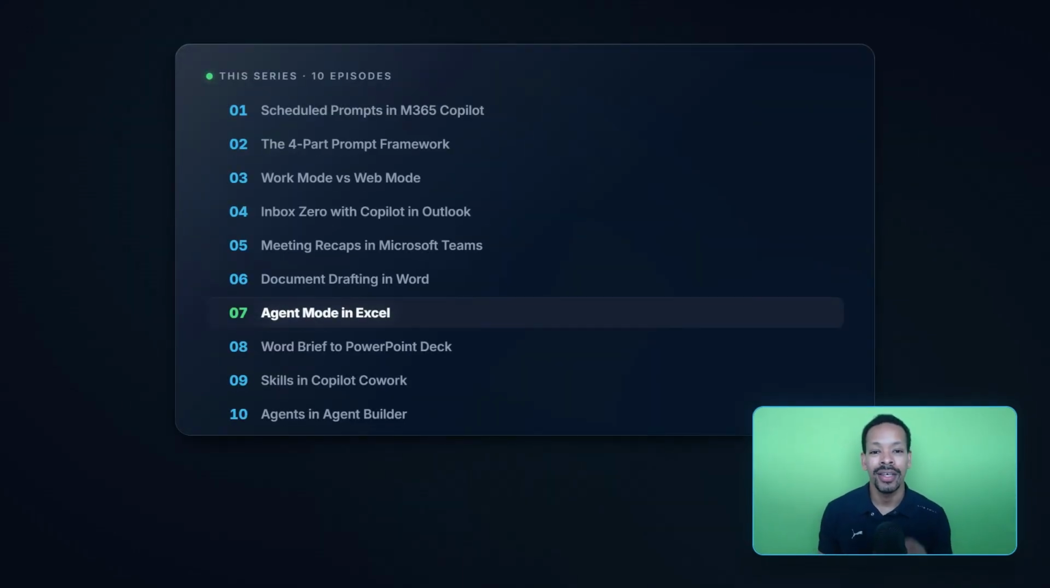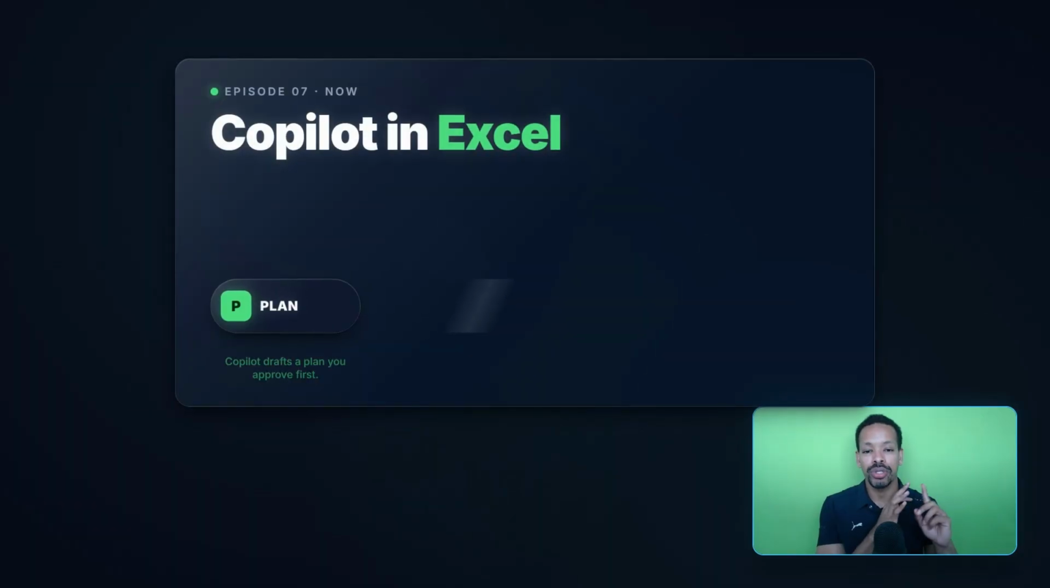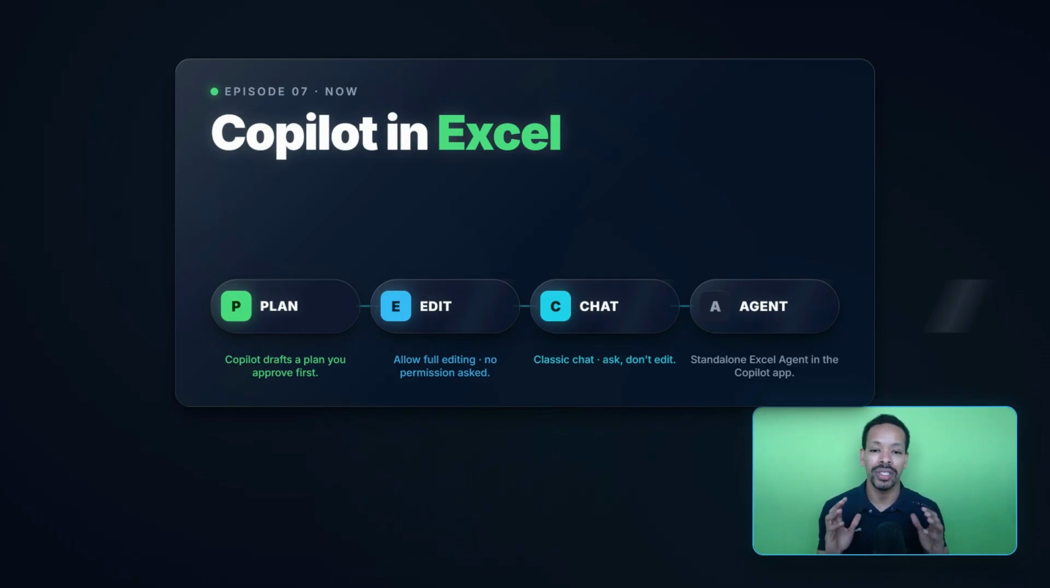Copilot in Excel. Today, guys, I will be showing you plan mode in Copilot in Excel. I will be showing you the edit mode and the chat only mode. So these are three modes we have for M365 Copilot in Excel. And also we do have the Excel agent, which can be used in the Copilot app. So stay to the end of the video and we will look at the different ways of creating Excel spreadsheets